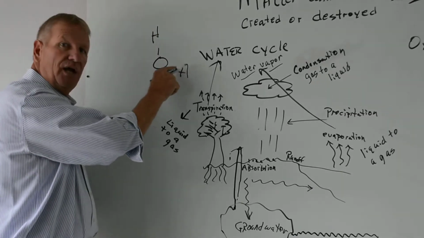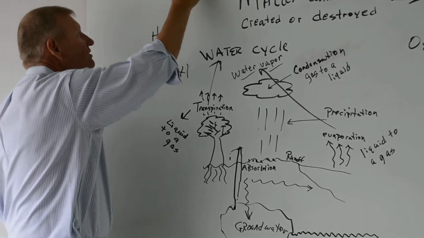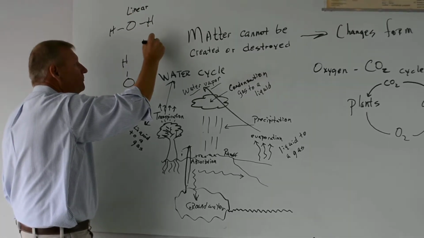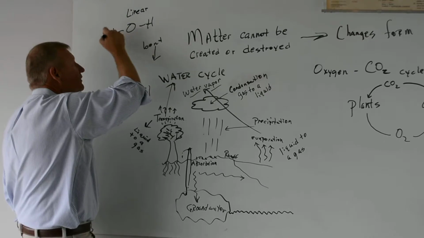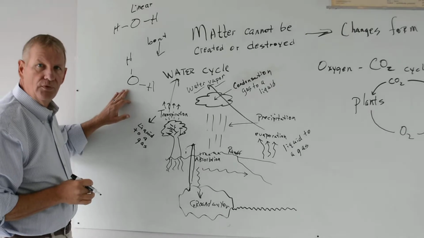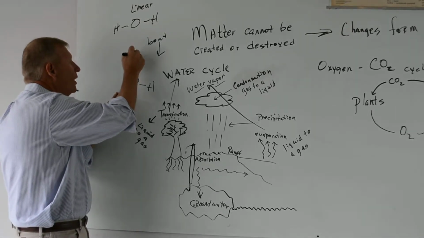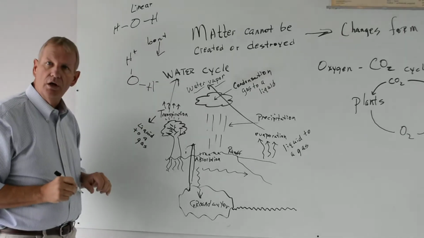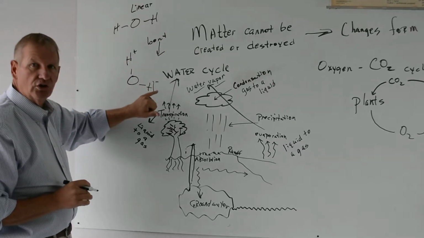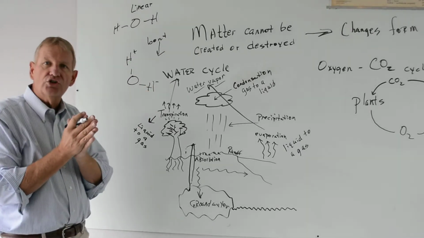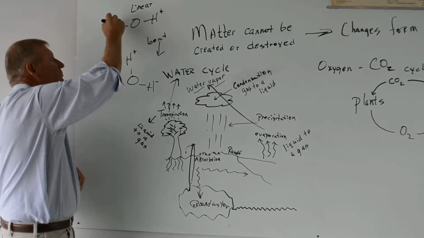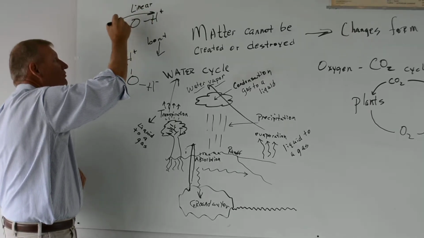anytime we see something that's bent like this, as opposed to this, which is called linear, we'll get this in chemistry, this is called bent. So this molecule is bent, and this is linear, a straight line. Anytime we have a bent molecule, we know that the charges on this water molecule, one is a plus charge and one is a minus charge. Oh, well that's kind of interesting. We know if it's linear, like charges repel each other and unlike charges attract. So if this is a plus and this is a plus, then the two plus charges would repel each other and make them go away from each other.